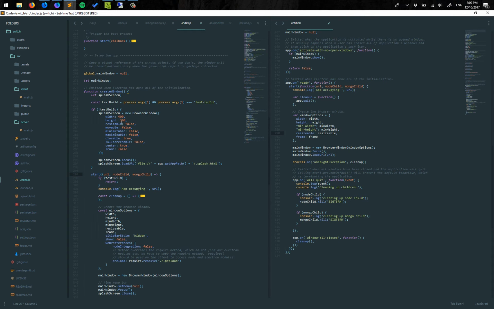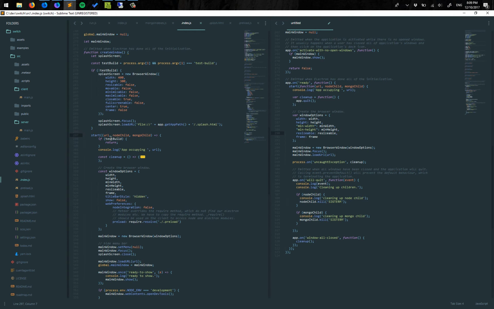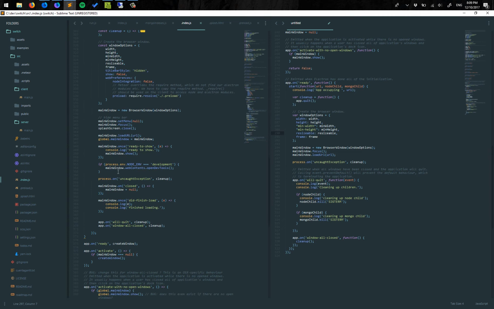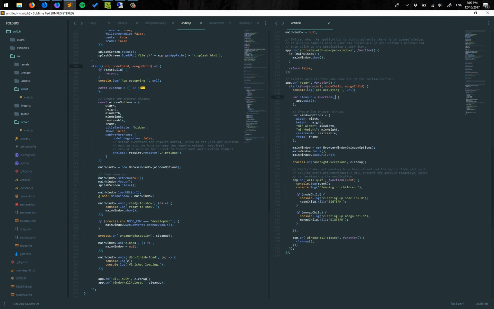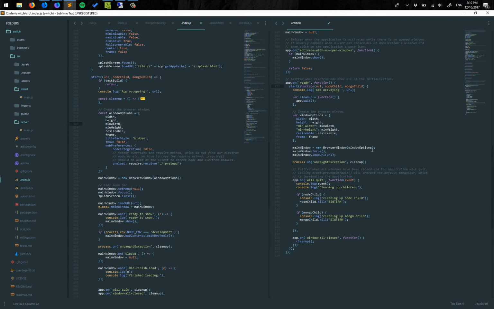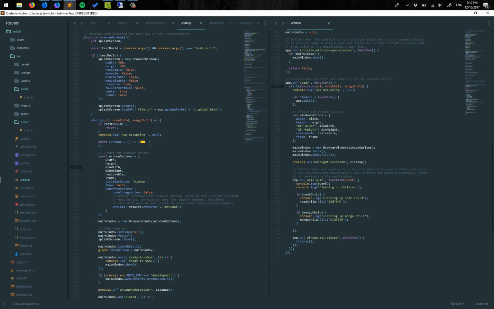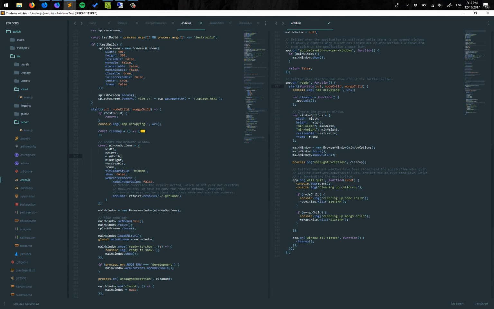Once it's done, it will run the start function and pass this huge callback. The same thing is being done here, except that this wasn't actually put into its own function. It's just passed as the callback of onReady, and it doesn't show a splash screen. We'll go into what this callback does in a second,